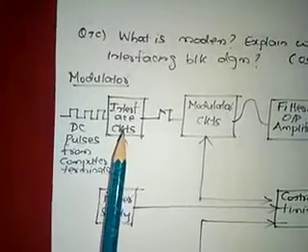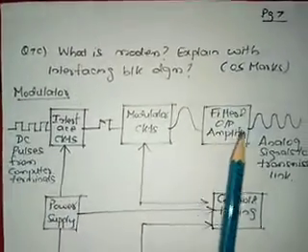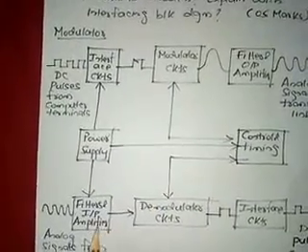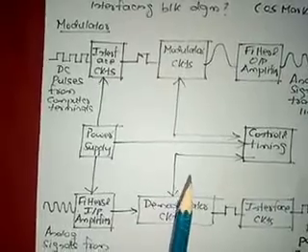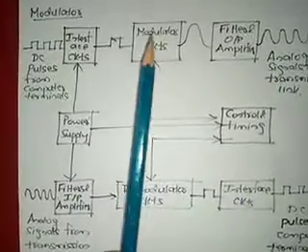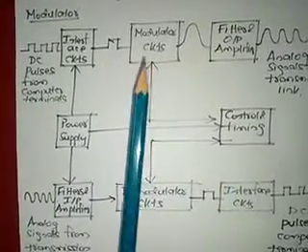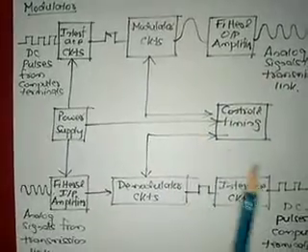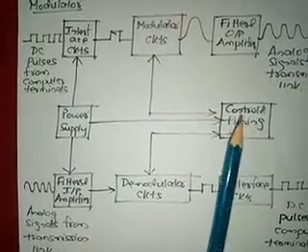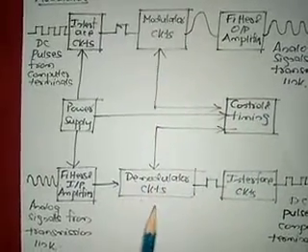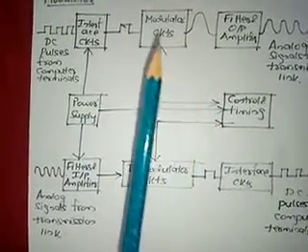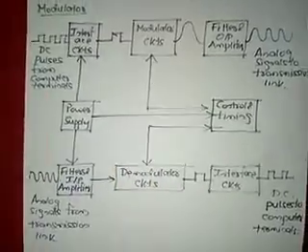In the modulator part we have the interface circuits, modulator circuits, filter and output amplifiers. Then in the demodulator part we have filter and input amplifiers, demodulator circuits and interface circuits. To control the timing of the modulator and demodulator blocks, we have the control and timing block also here. The control and timing block is used to control and maintain the timing of the modulator, demodulator and power supply blocks, right?